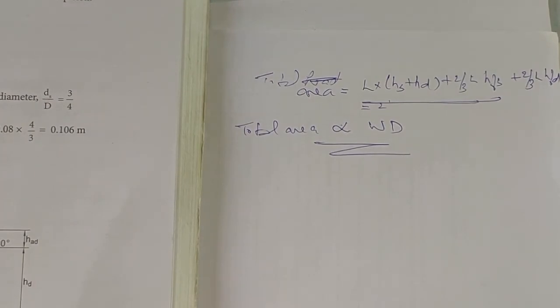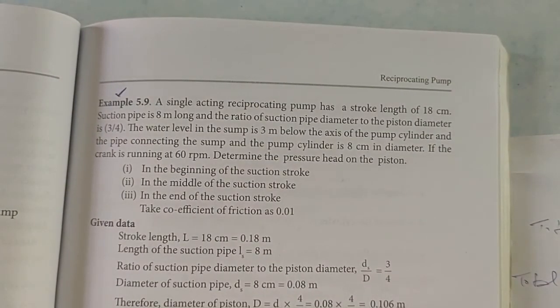Now we can actually do a problem. I am not going to do the problem here. I will discuss the problem and you may go through it. It is a solved problem in the notes which I have already given to you. So this is the problem. You can see a single acting reciprocating pump has a stroke length of 18 centimeter. Suction pipe is 8 millimeter long and the ratio of suction pipe diameter to the piston diameter is 3 by